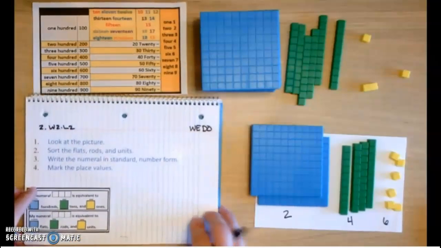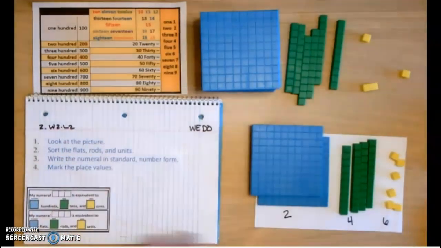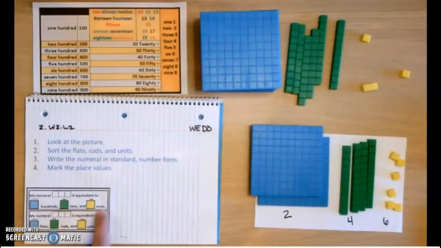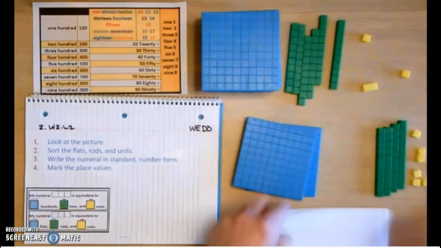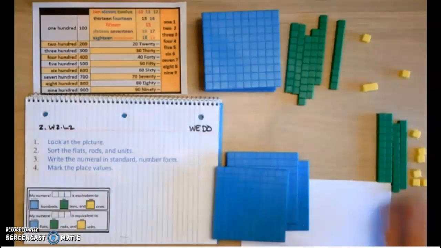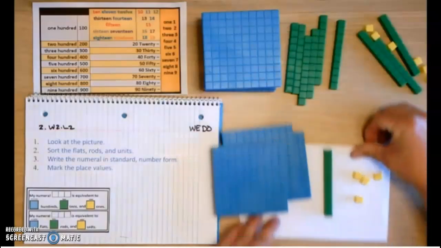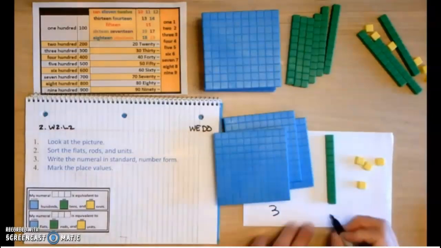I'm going to show you a picture. Pause the video and complete our representations in our number table, and then rewrite your sentence right there telling me what your numeral represents in either hundreds, tens, and ones, or in flats, rods, and units. The numeral you're going to be working with is shown right here on the white paper. Pause the video, do all the work. When you're ready, come back and check your answers. Let's do it together. 1, 2, 3 flats, 1 rod,